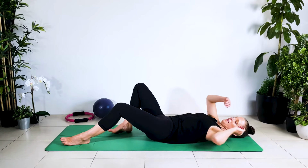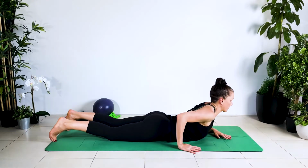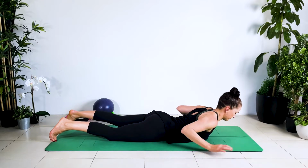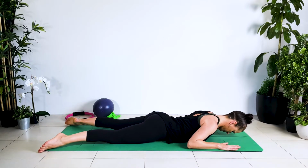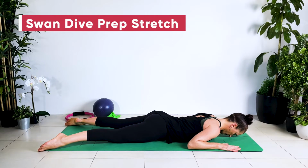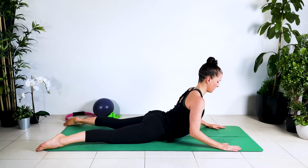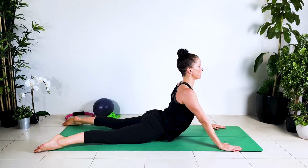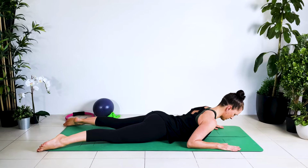Okay, now we're going to flip over onto your belly into a beautiful stretch. It's called Swan Dive Prep. Legs are apart in external rotation. Your elbows are bent down towards your lower ribs. Imprint your pubic bone, and then what you're going to do is you're going to extend through the thoracic, the elbows stay down, then you lift up and then lower the elbows back down onto the mat and then return